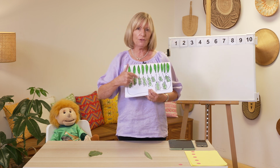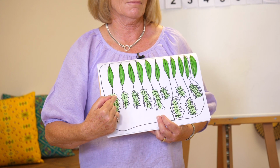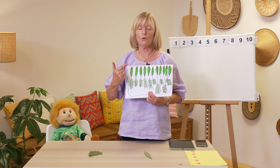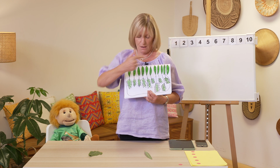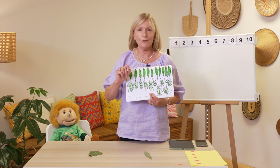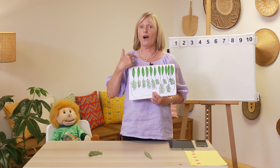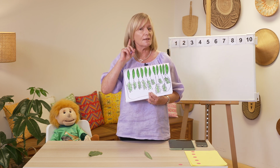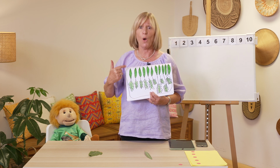If you think back to last week, you'll remember that once he sorted them, he actually counted the leaves. Let's see if we can help Carlo by recounting firstly the top group and then the second group of leaves. Are you ready? Last week you were really good at helping me. I'll start you off. I'll help you to 2, and then I want to hear you counting with me. Are you ready? 1,